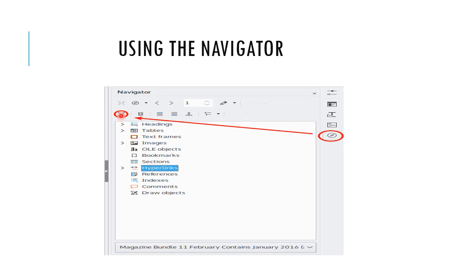After that, press the F5 key, that is a function key, or otherwise you choose view, then navigator, on the menu bar. This is the way to use the navigator in Vibe Office Writer.